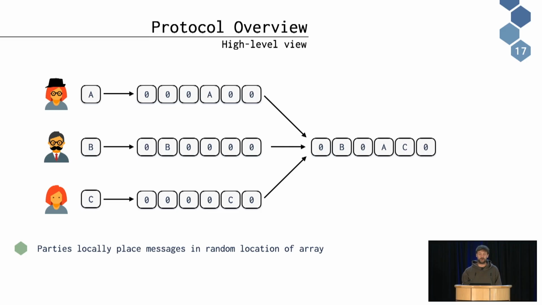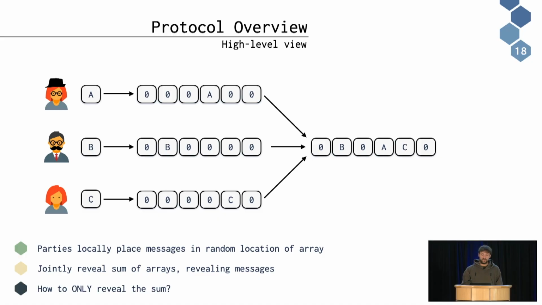And on a very, very high level, ignoring all of the cryptography, at the end of the protocol, the parties will learn the sum of those arrays. Okay, so these are vectors, and I can compute their sum. And then, because the parties put their messages in a location that is independent of which party they are, I can see the messages, I can extract them from this array, but I don't know who sent what, okay?